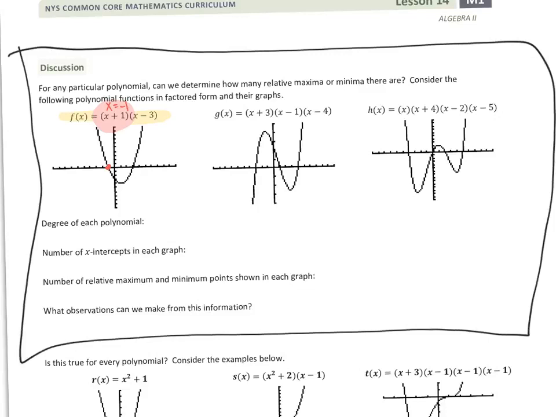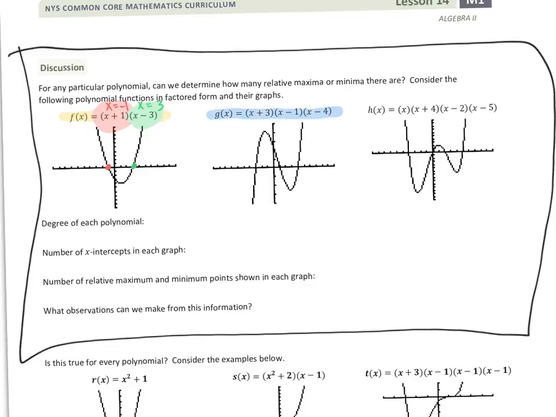And again, if we look at the x minus 3 part, where is this 0? Well, this thing is 0 when x is 3. And look at where the other function intersects the x-axis. And we could do that for all of these. So if I look at this second function,